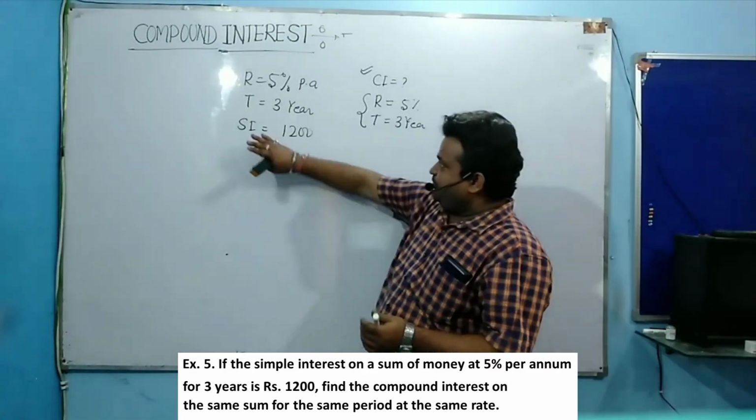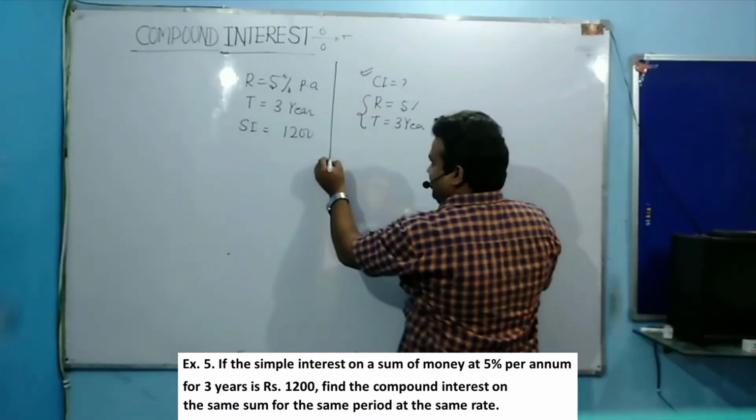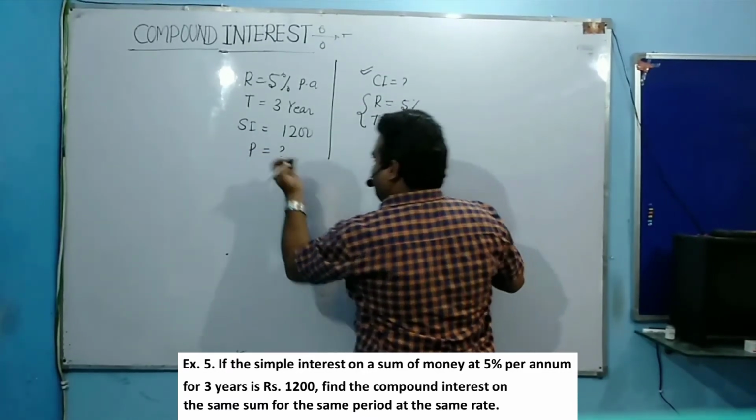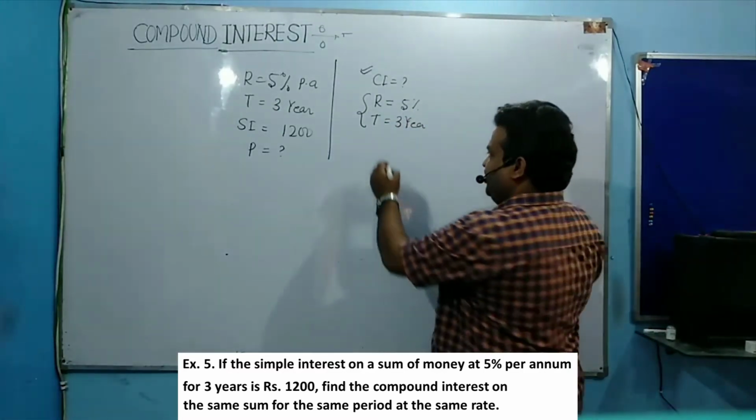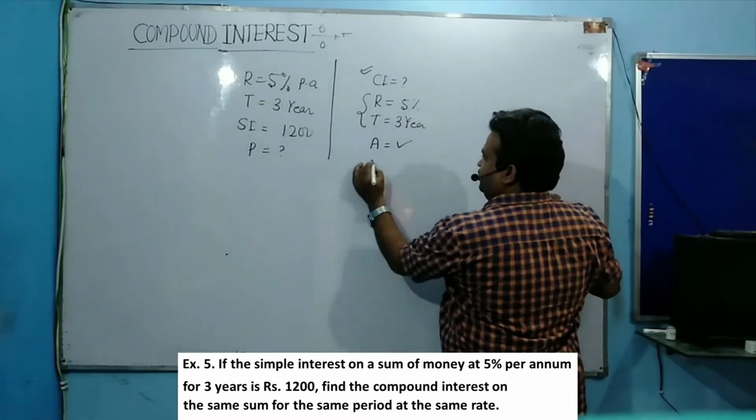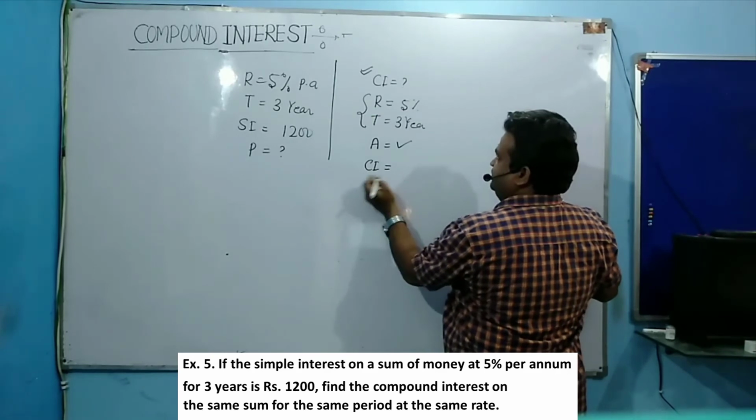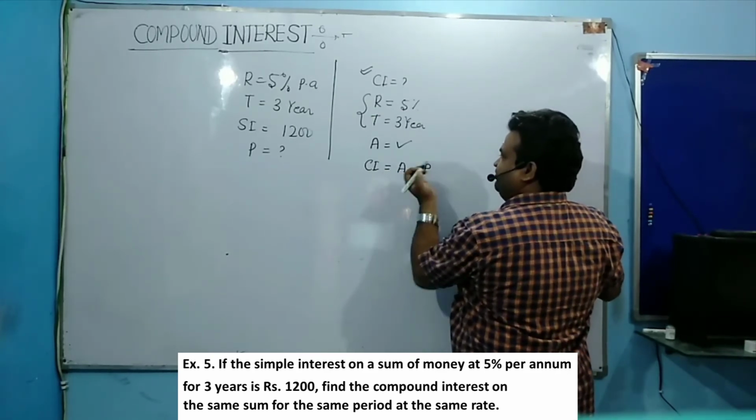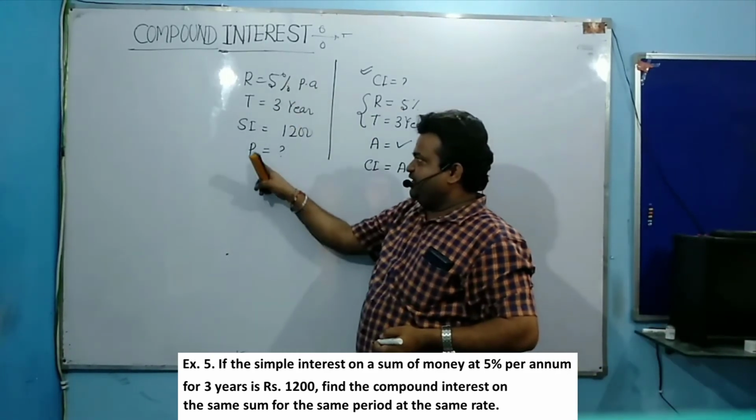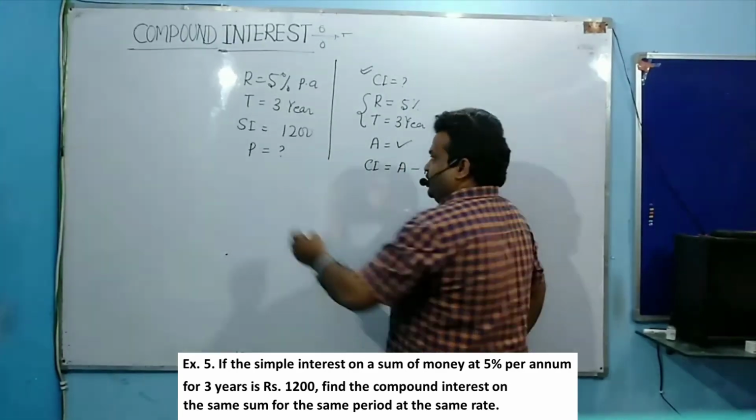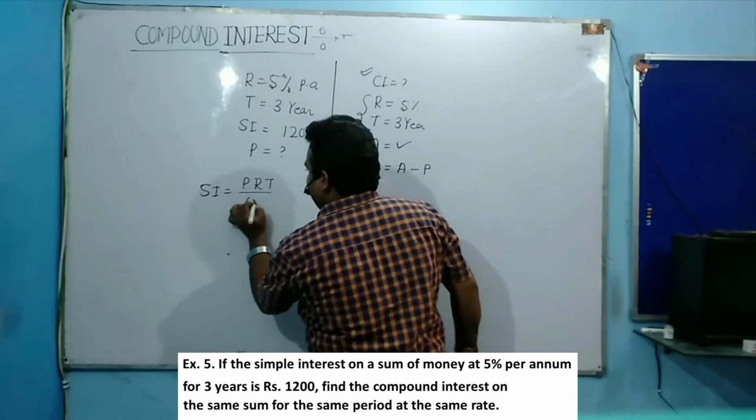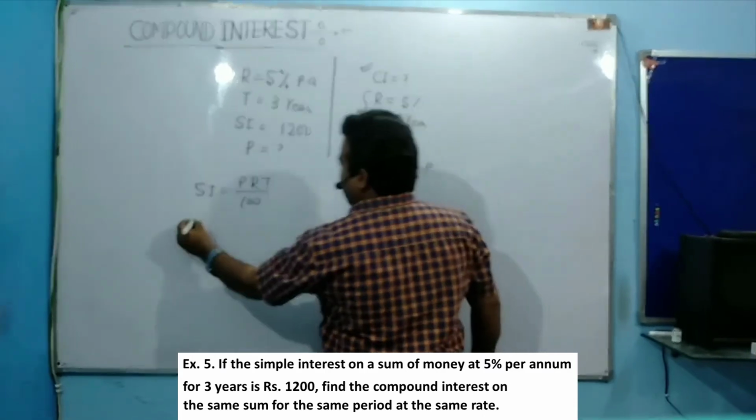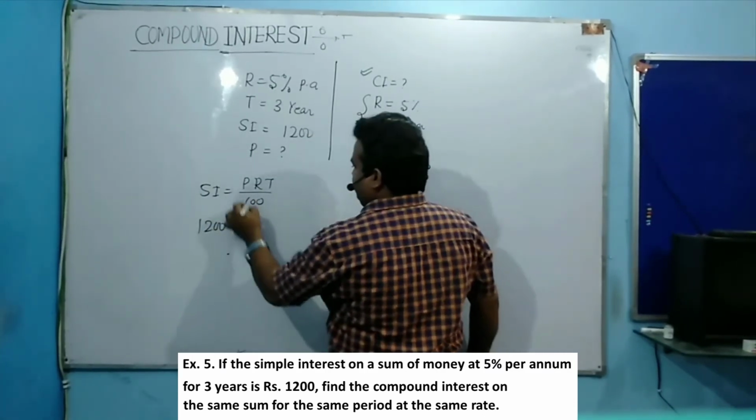So from the first part, first you calculate the principal amount. Once you know the principal amount, then you can calculate the value of A. Once you know A, you can calculate the compound interest, which is A minus P. So first with the help of this you calculate the P value. The simple interest formula is PRT by 100. The simple interest value is 1200 rupees, equal to P